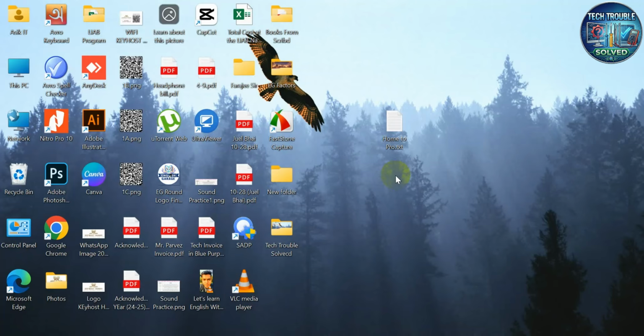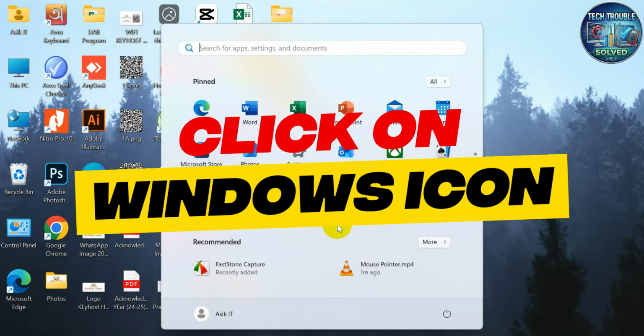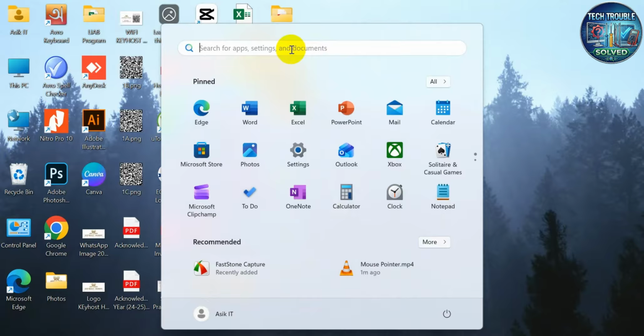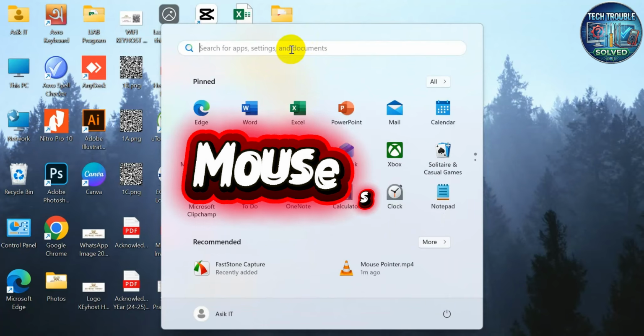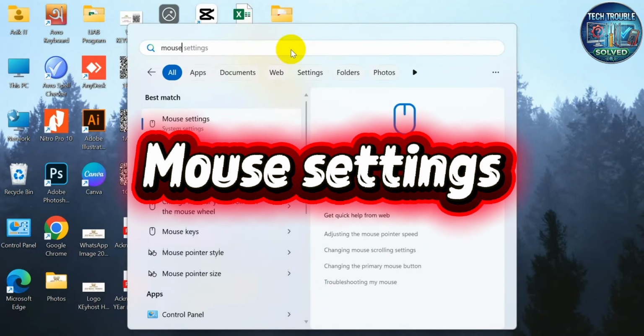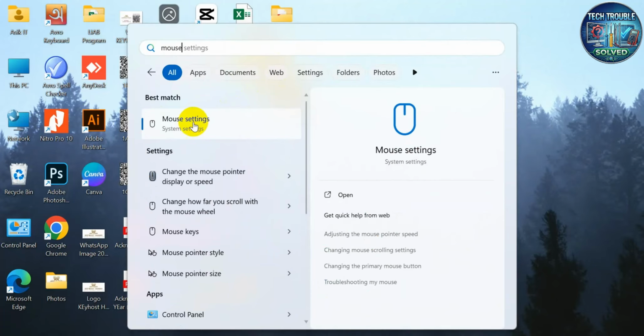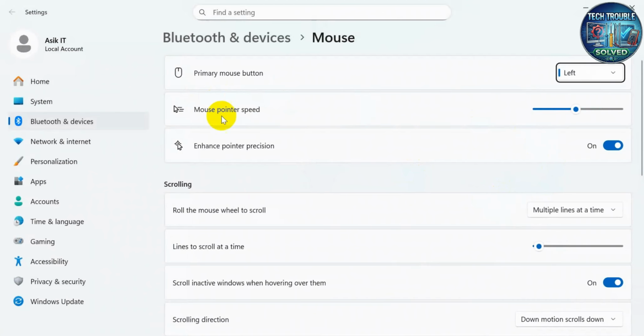If you are facing an issue where the mouse pointer is moving too fast or too slow, how do you change that experience? Simply click on the Windows icon if you are using Windows 11, and then search for mouse. Okay, mouse settings. From mouse settings, just click here, and from here you can see